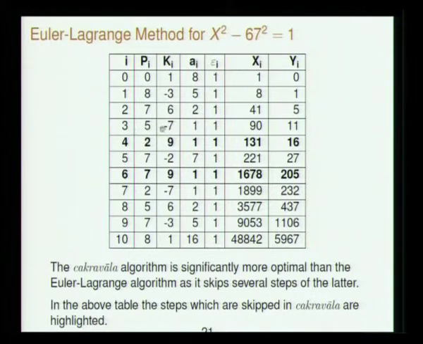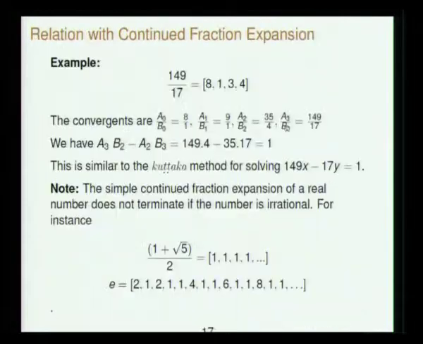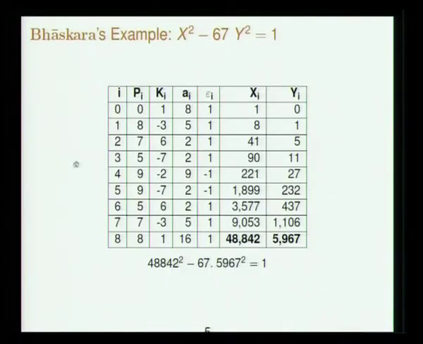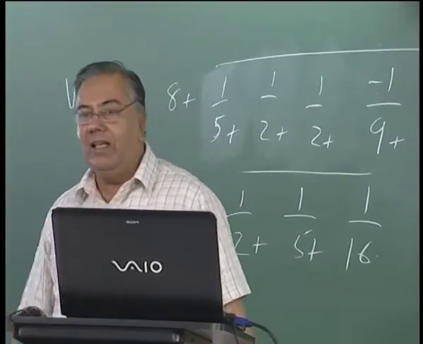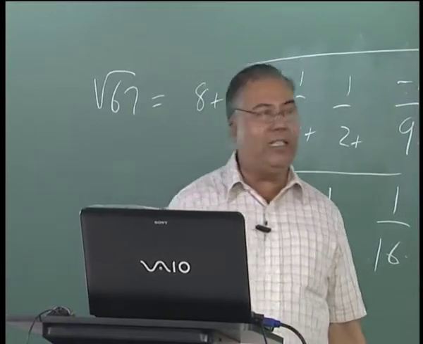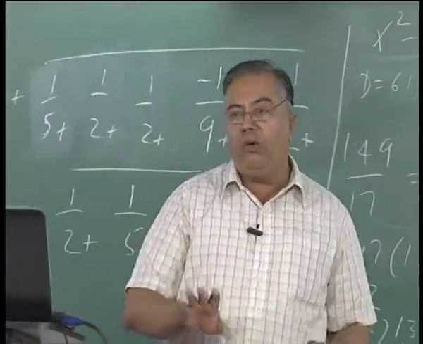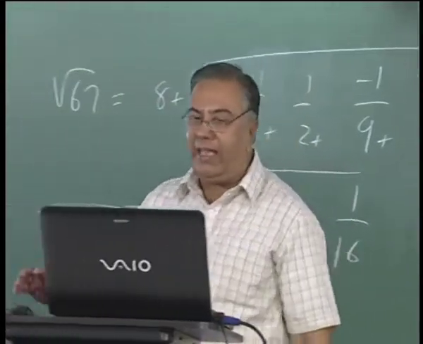So you remember this, in step 3 you have 5, minus 7 and the solution is 90, 11, right? And now what does Chakravala give us? 5, minus 7, 90, 11. Now to 5 you could have added 2 or 9 or 16, but in the Euler-Lagrange process 9 is barred. 9 squared is 81, that is larger than 67. So you have to choose only 2, whose square is lesser than 67.